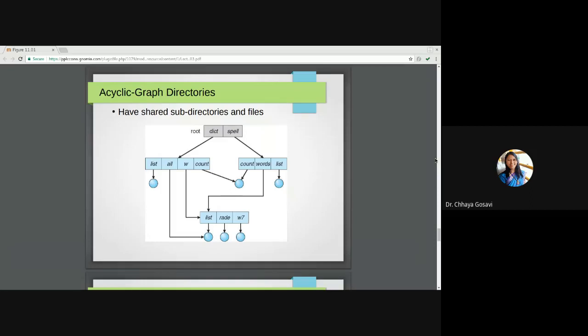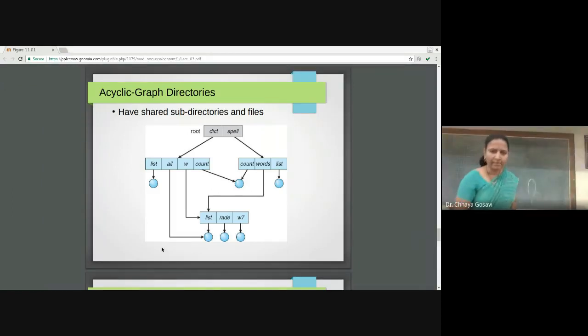Suppose we take this file list. For this file list, how many absolute paths are there? What are the paths for this list file?